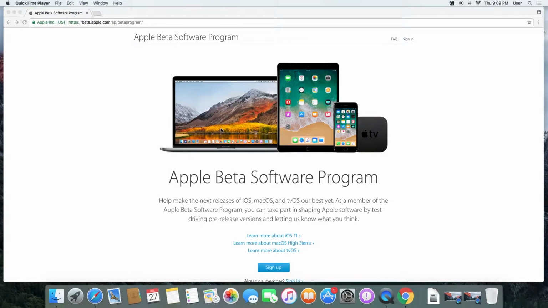Hey guys, today I'm going to be showing you how to build the proper .app file necessary to run DOSDude1's macOS High Sierra Public Beta patcher, to allow macOS High Sierra Public Beta to run on unsupported Macs. So the first thing you're going to need to do is navigate to